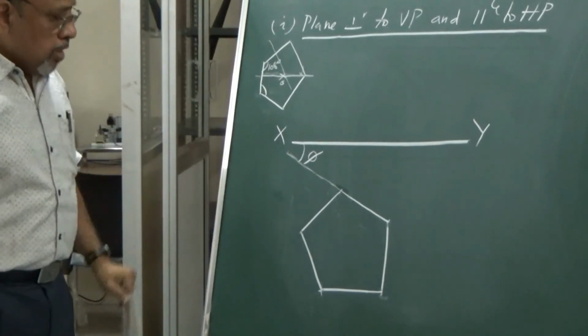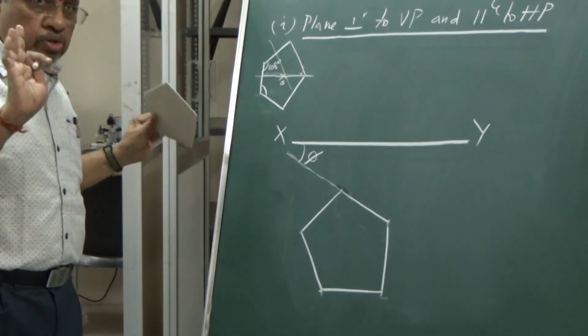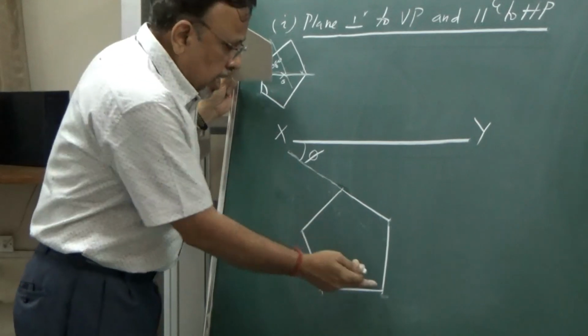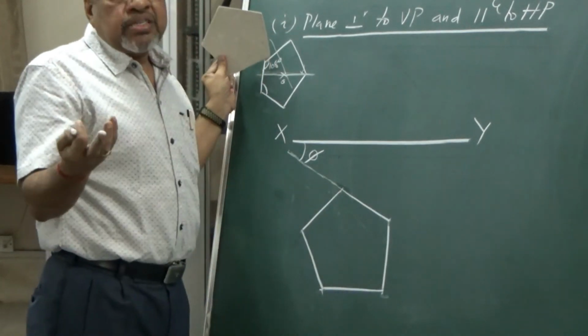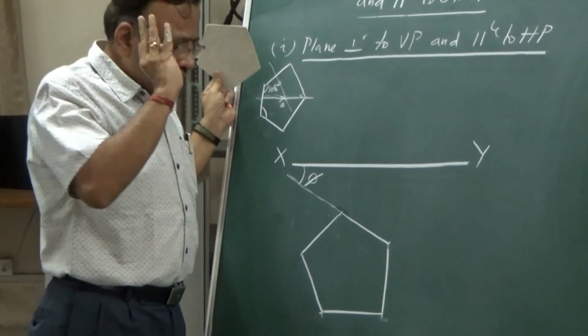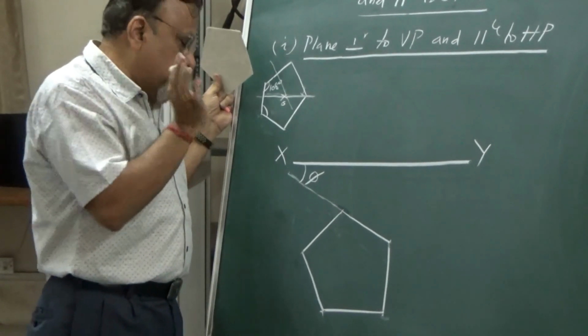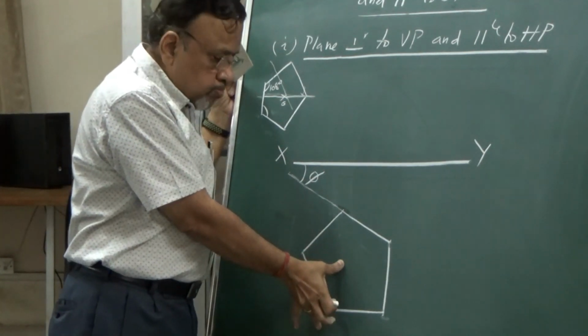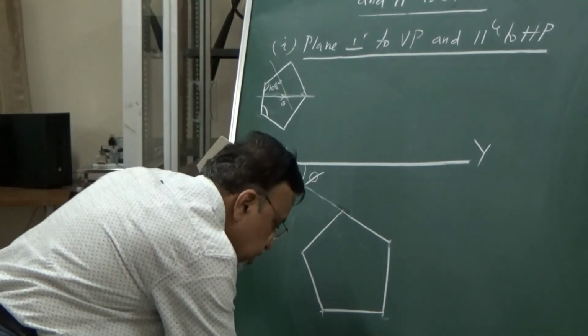Now I need to name them. Again, remember, you have to follow this. Whenever I want to name them, arbitrarily I can start A, B, C, D from anywhere. There is no hard and fast rule. But always we need to follow a particular way. The particular way is, as I told you, this is the XY line. This is the object. Where is the observer? The observer is here.